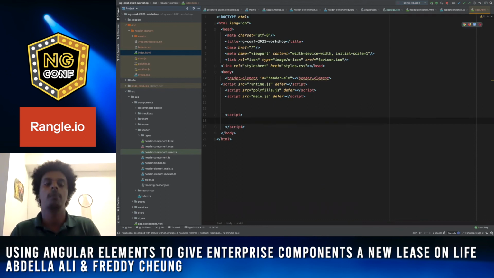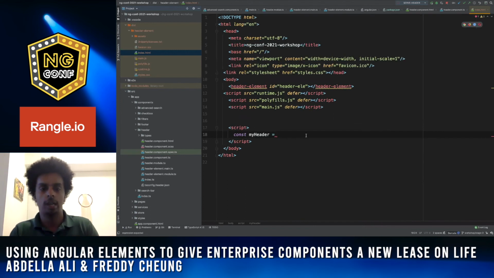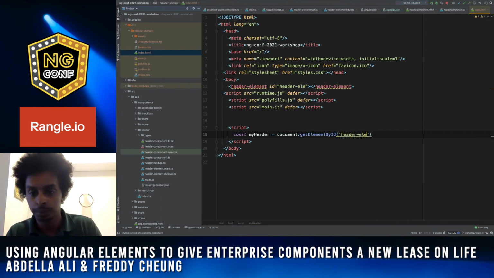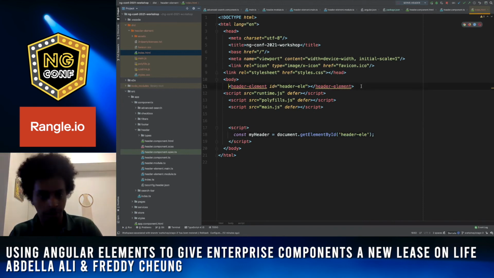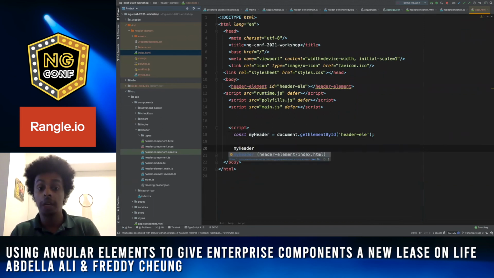Const myHeader is equal to, I'll make it a little bigger, document.getElementById, and we will pass in header ele. So now I'm getting access to this element right here. It'll get me it and reference it and put it right there. And from that, I can say myHeader.headerLinks is going to be equal to an array